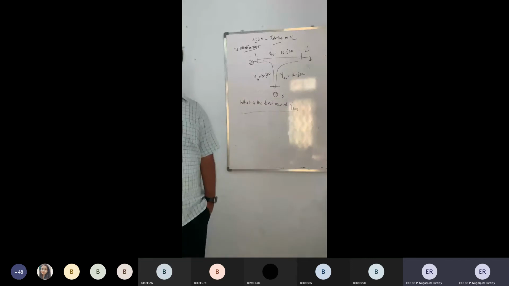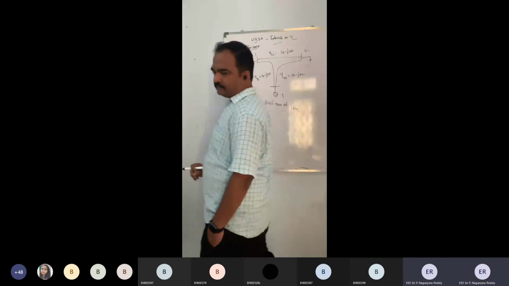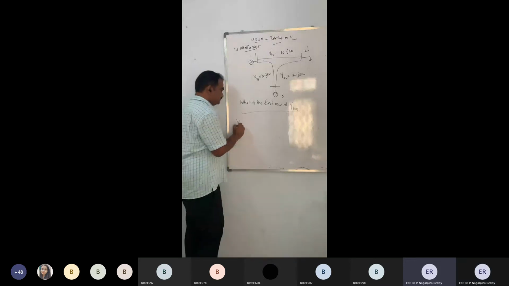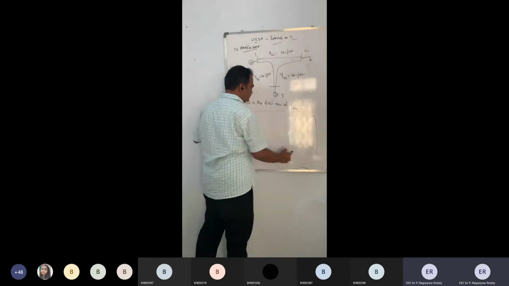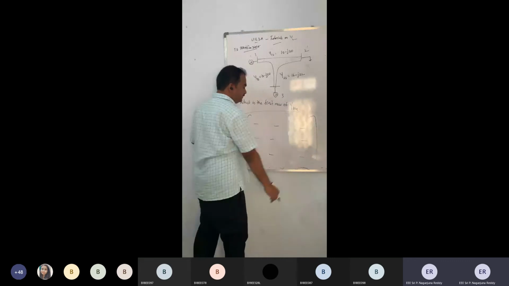What is the first row of Y bus? This is the problem which has been given for you. It is a 3-bus system, isn't it? Already everything is in admittance form, so no need to go with an inverse or anything else. A 3-bus system: 1, 2, 3, 4, 5, 6, and 7, 8, 9.